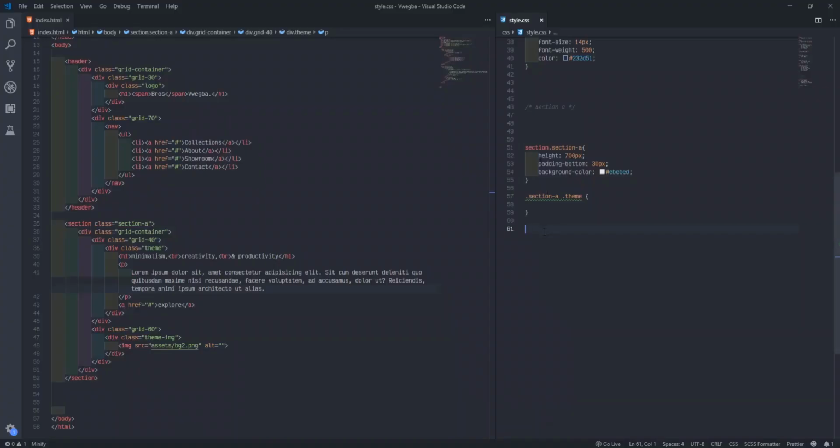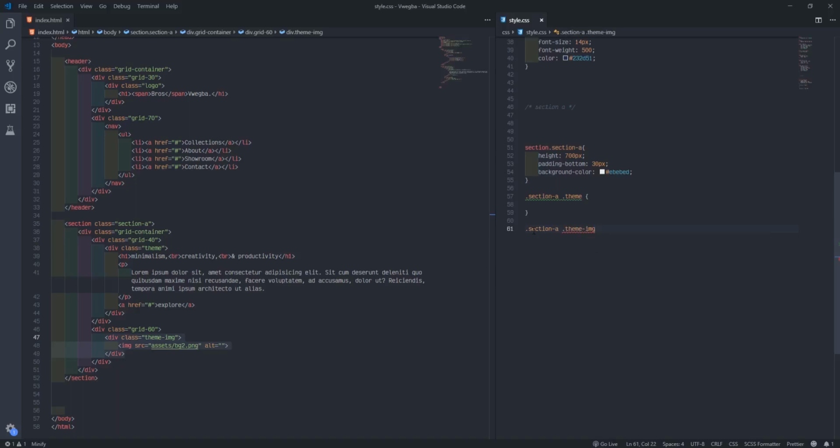So I'll come here to target the image. Before we target the image, I'm going to first target the container of the image, which is this team image. So I'll say dot section A, inside, look for team image.